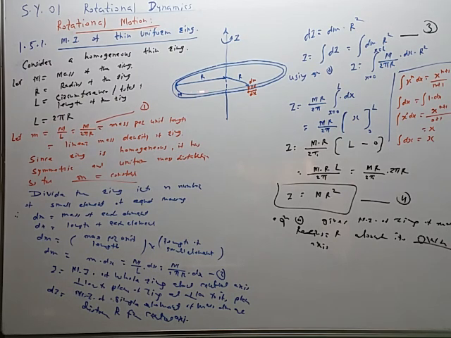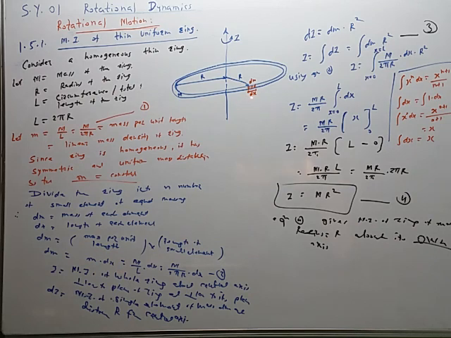Now we divide the ring into n number of elements. N is a very large number. So all elements have equal masses. Therefore the mass of a single element dm is given by mass per unit length multiplied by the length of the small element. Mass has unit kg, so the left hand side has unit kg, and the right hand side is kg per meter multiplied by meter. Meter will get cancelled. The equation is dimensionally 100% correct. So dm is equal to m into dx.